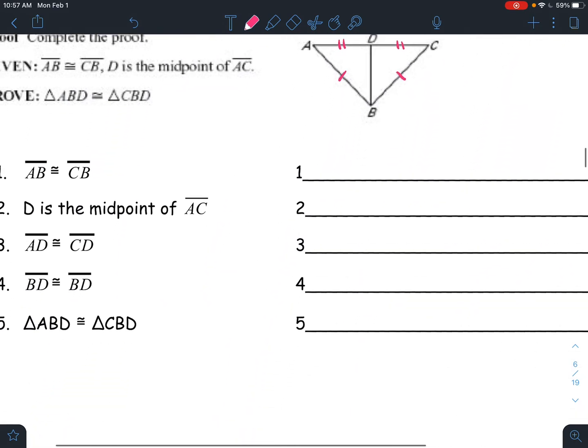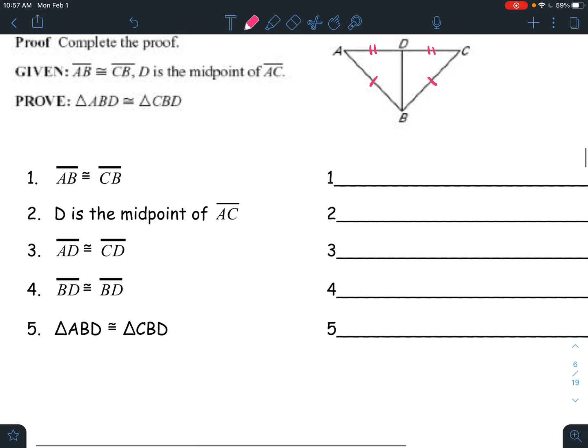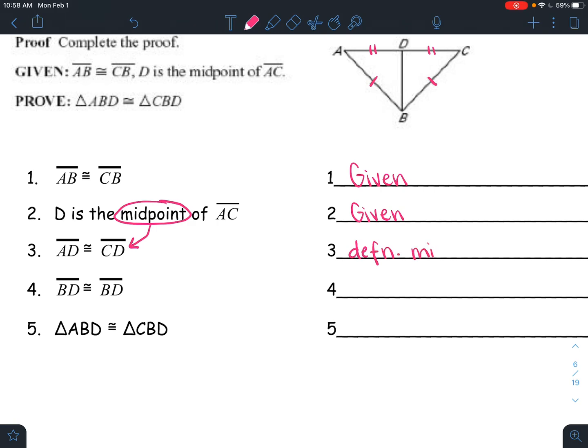Sorry about that. All right, so let's write in our given statements. It's on number 1 and number 2. And then as a result of our midpoint, that is what I could mark AD and DC as congruent. So follow what wording it has. We'll use our definition of midpoint